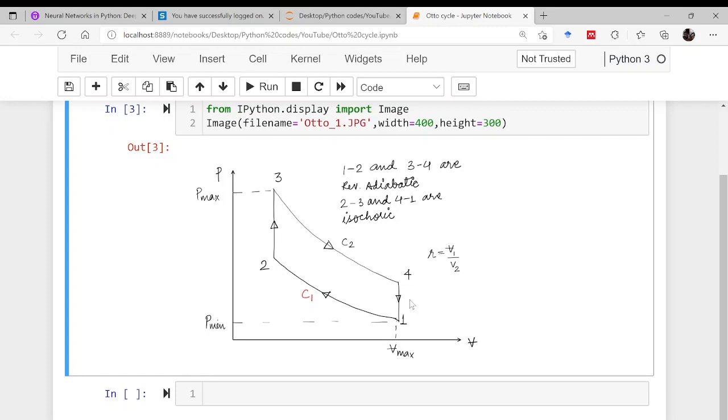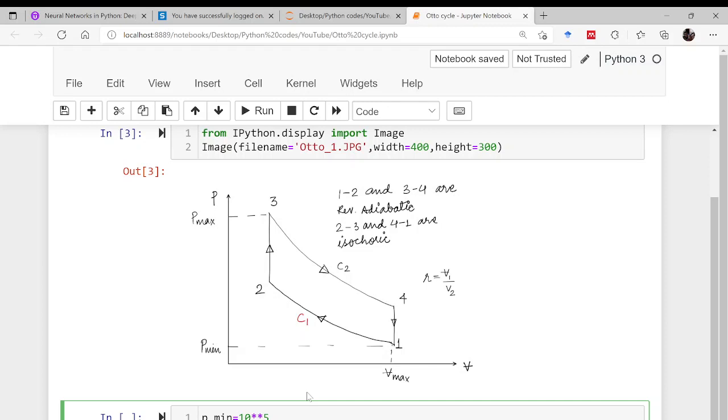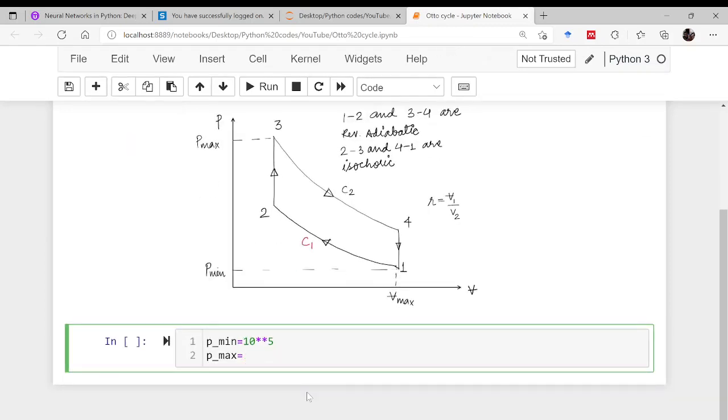So let us say that the maximum volume, minimum pressure and maximum pressure are known to me, and then only can I proceed further. At the same time the compression ratio, that is V1 by V2, is also known to me. So let us say that the minimum pressure is 10 to the power 5. The maximum pressure is 20 times this, 20 into 10 to the power 5.